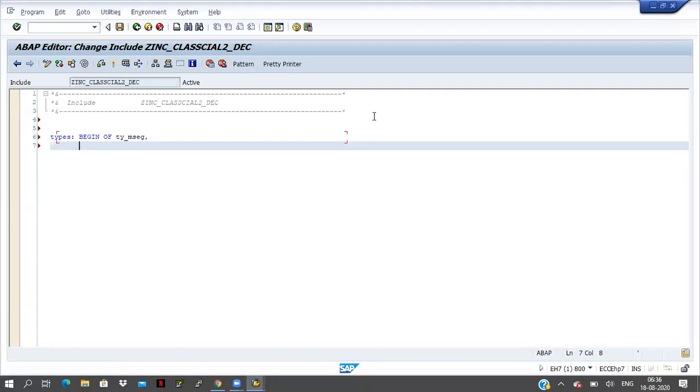If you purchase any item, the vendor will send the material to your company. You have to maintain the material in one place, called a godown. At that time you have to check how much quantity you have received. If there are any damages, then you have to return it. So whatever material is coming inside our company, we have to maintain all the information in one transaction. Those data will all be saved in the MSEG table.